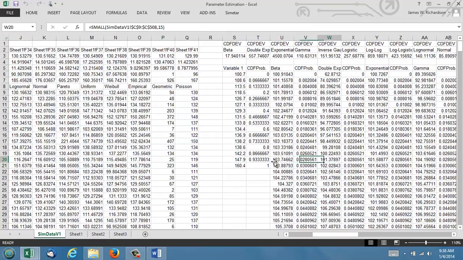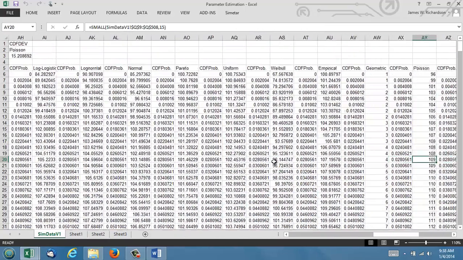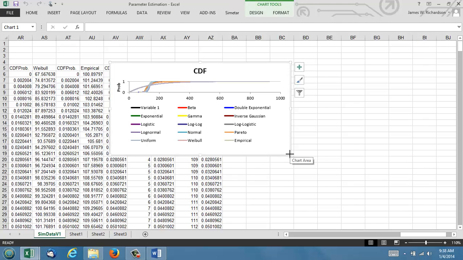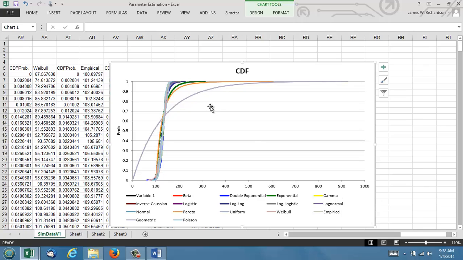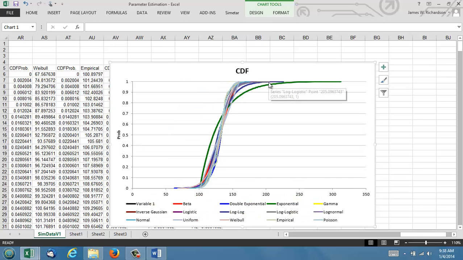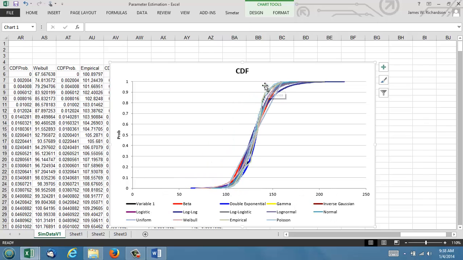And we now have a CDF chart over here that compares our original data to all of the simulated distributions. Well, we can see that this one really doesn't fit our data at all, and we can eliminate it. If you click on this orange one, you can eliminate it also. It clearly doesn't fit our data because our data is a black line that's down in the middle of this